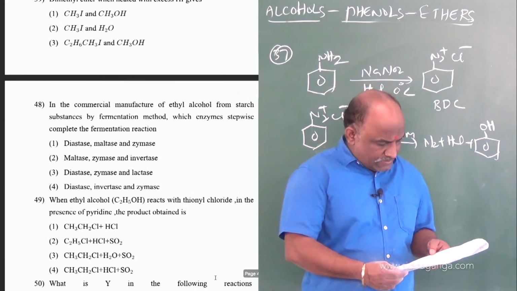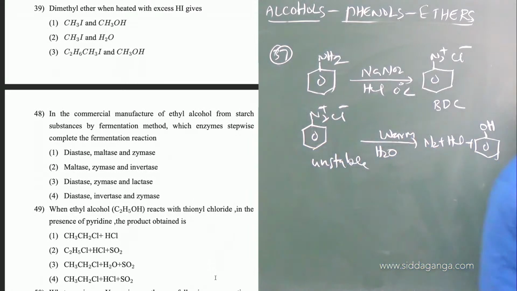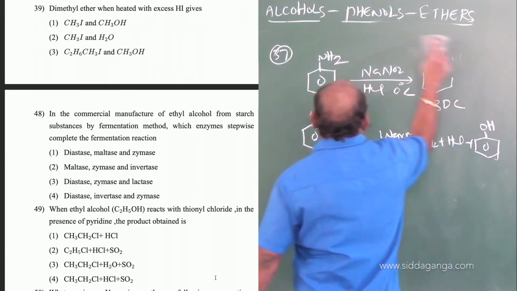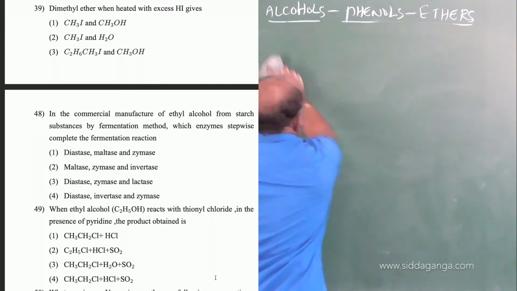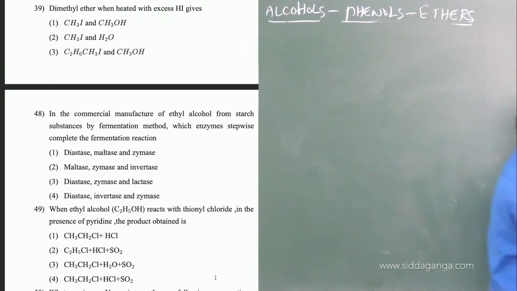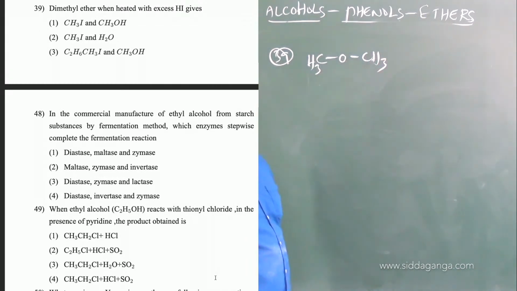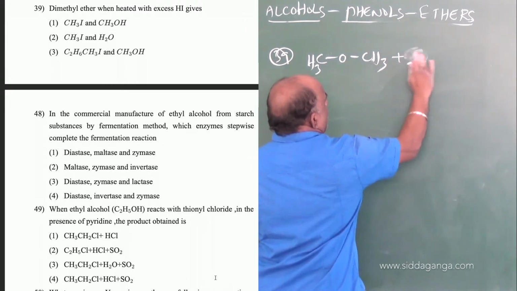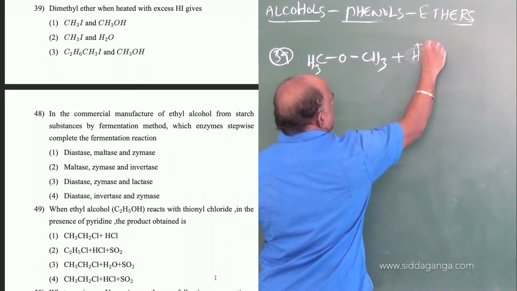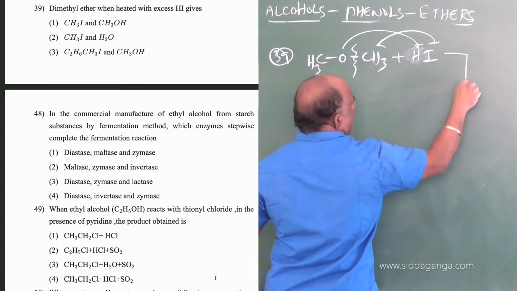And next one, question number 39: dimethyl ether when heated with excess of HI. Dimethyl ether, CH3OCH3, is a symmetrical ether. On addition of HI, H+ and I−, you break the bond here; H goes to this side and I goes to this side, and then the answer will be